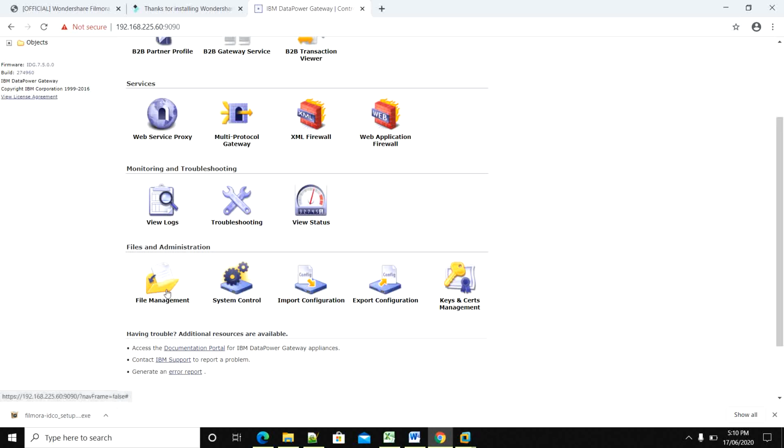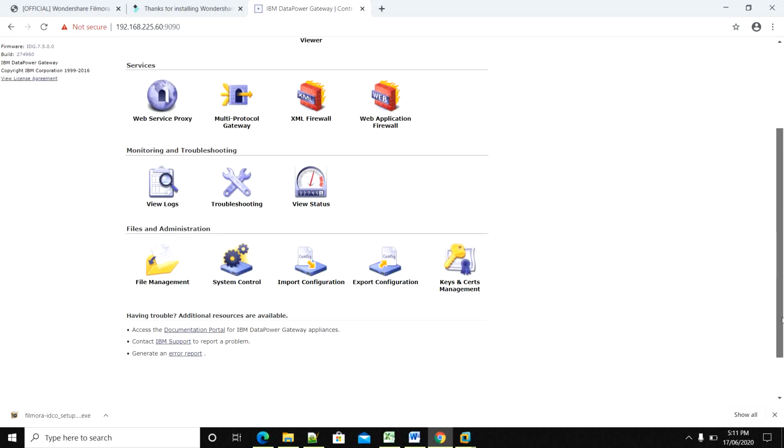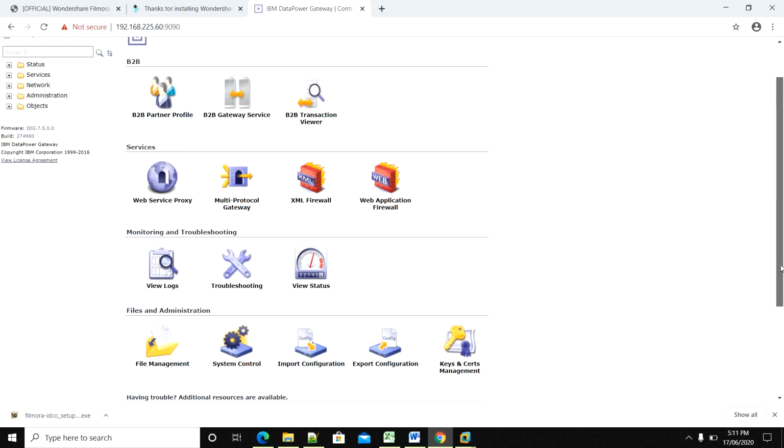In files we'll see the file structure and which file is created in which folder. System control is where we can reset the password, take backups and other things. One by one we'll go through all the objects and cover them in detail.